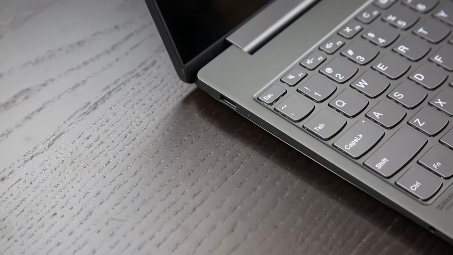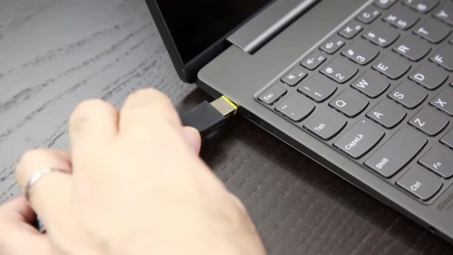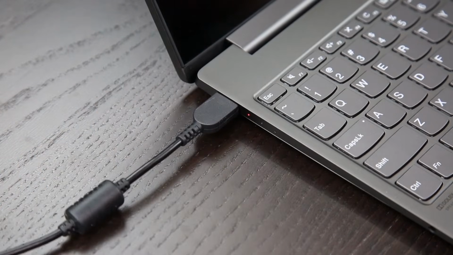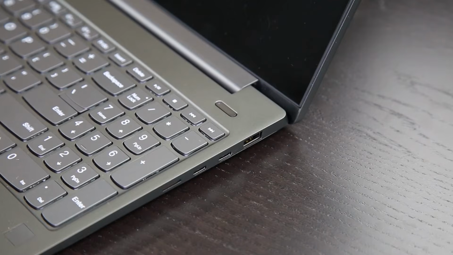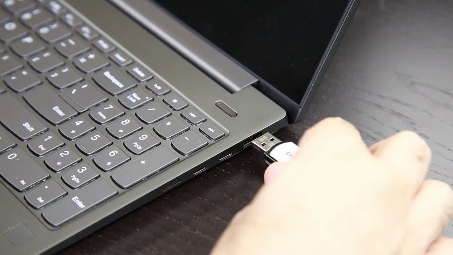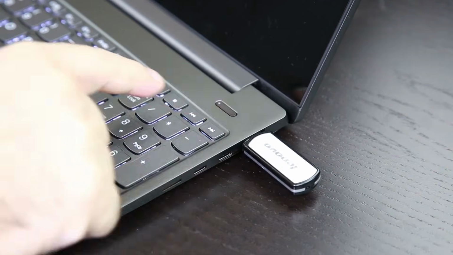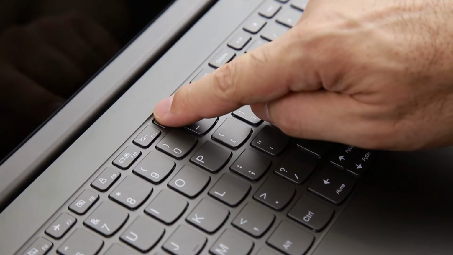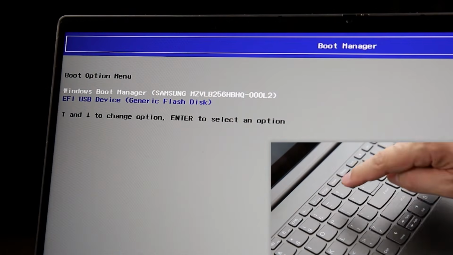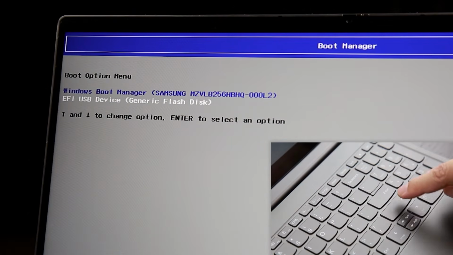Now you can begin the recovery process. Ensure that your computer is connected to AC power and keep it connected during the entire recovery process. With the computer powered off, connect the USB recovery key to an available USB connector on your computer. Power on your computer and repeatedly press the F12 key until the boot menu is displayed. Select the USB key using the arrow keys and press enter to launch the recovery program.